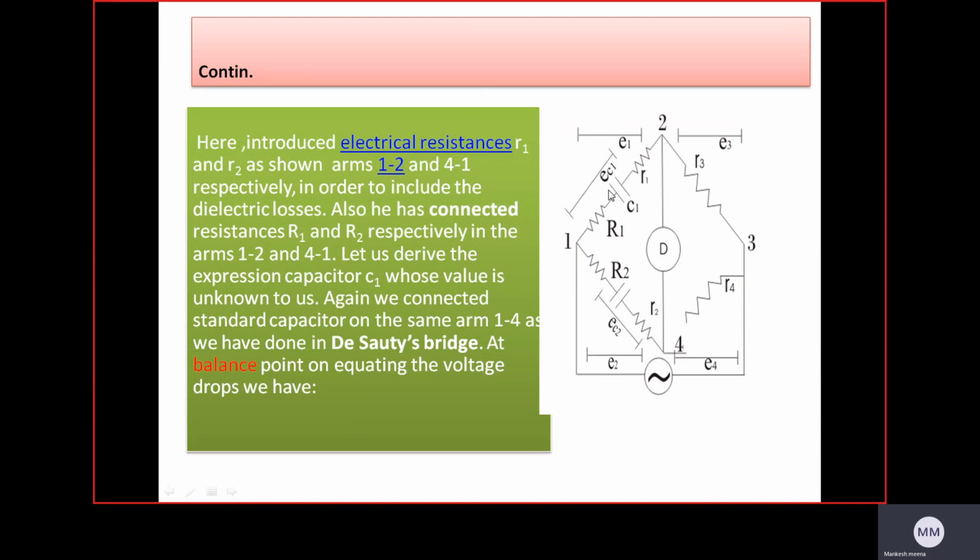Capital R1 is connected in series with C1 and small r1, and capital R2 is connected in series with C2 and small r2. Again, we connect the standard capacitor C2 in the same arm, as we have done in the De Sauty bridge. At the balance point, on equating the voltage drops, we have